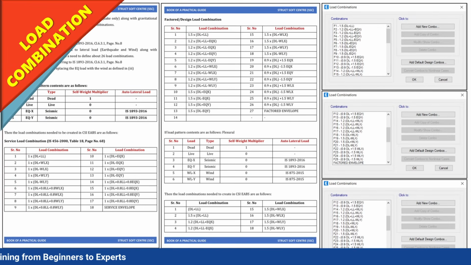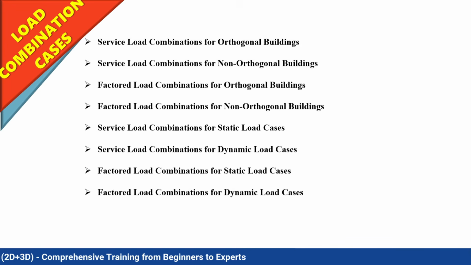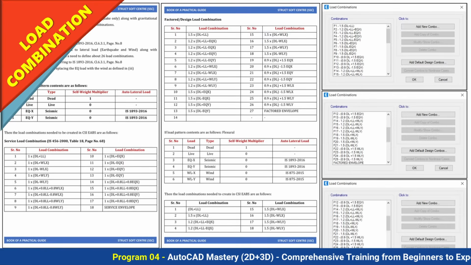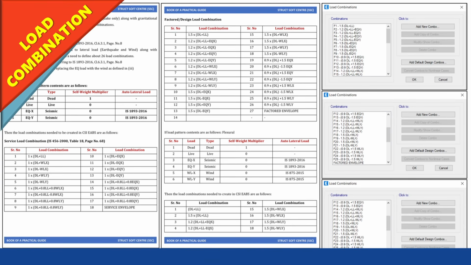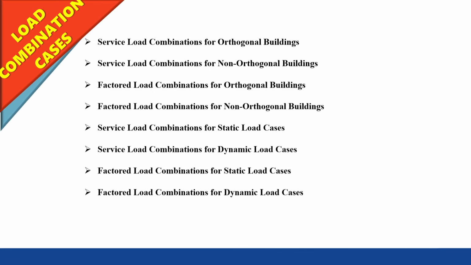And guys, after that, the most important thing is the load combination. Very important. In our academic time, we learned two load combinations. One is the service load combination, dead plus live. Another one is dead plus live with a 1.5 factor, which is nothing but your factored load. But in reality, when you are dealing with a project, when the gravitational load is there and the lateral load is there, you need to define more than 20, more than 30, more than 50, even about 100 load combinations under different conditions.